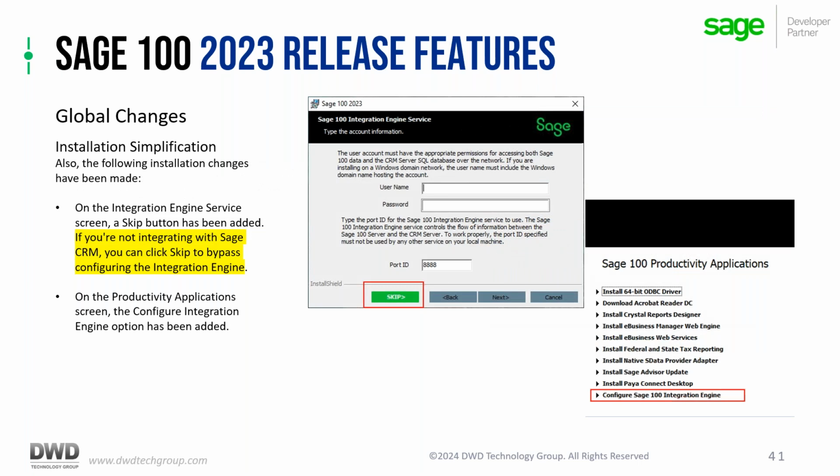Changes they made to the installation process. If you're not using Sage CRM, no longer do we have to install this integration service. This is useful, especially if you're not using CRM, because this was our one spot in the installation of Sage 100 ERP where we had to have a domain account, no matter what, to be able to pass through this screen. And now they'll at least let us skip it,